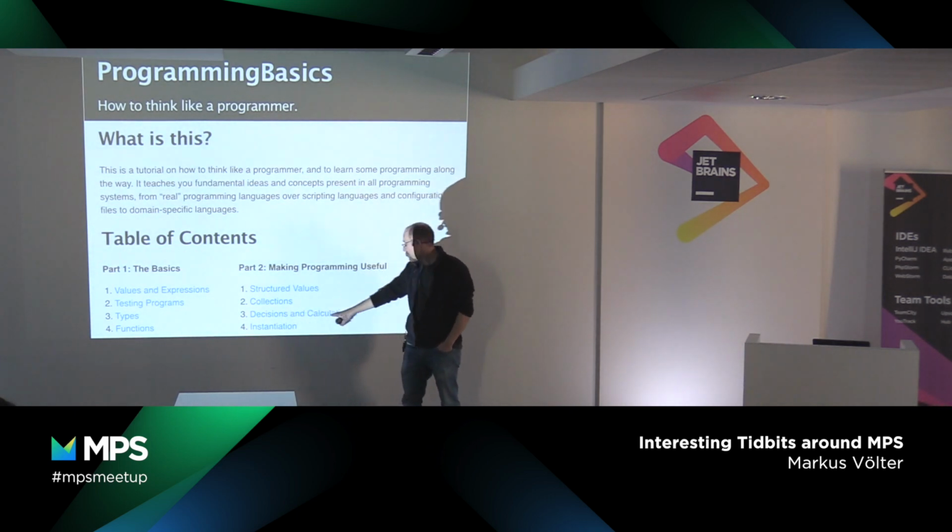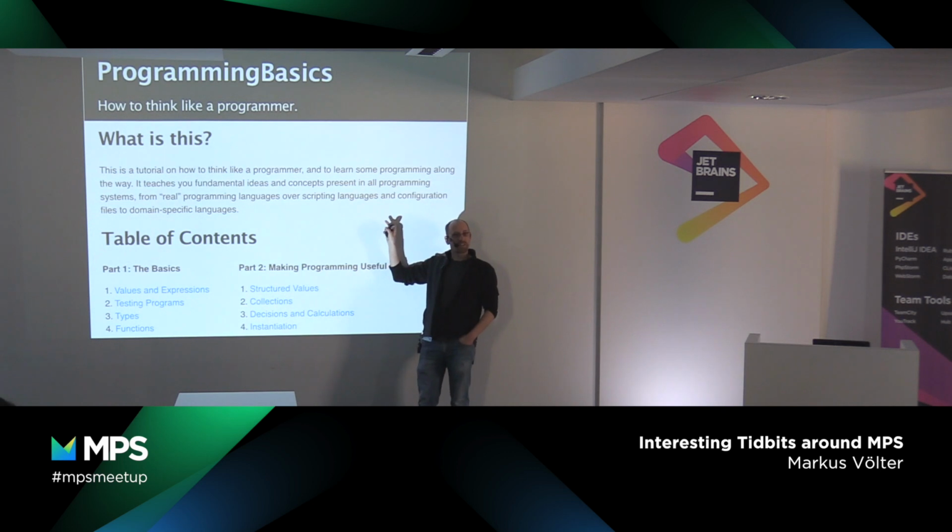In this chapter here, decisions and calculations, that's where the data flow language is. As an example, we have decision tables. So in contrast, I looked a little bit at some of the other introductory programming books, and they very quickly get to, let's say, algorithms. And we don't do this here, because as a Fachlichkeitsprogrammer, you're not supposed to write a fast sorting algorithm. You don't have to understand your own complex if-then-else nested 10 times thing, because you get a decision table for that, right? But you have to understand the notion of a value.